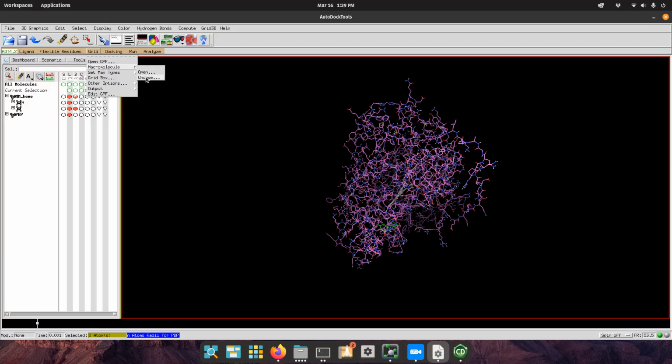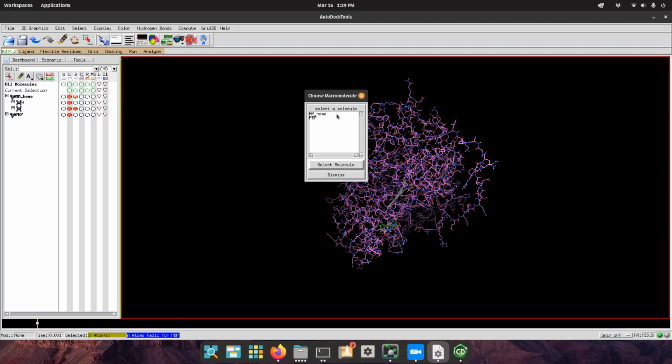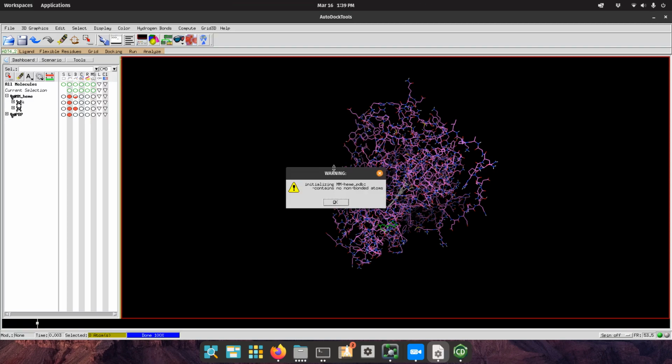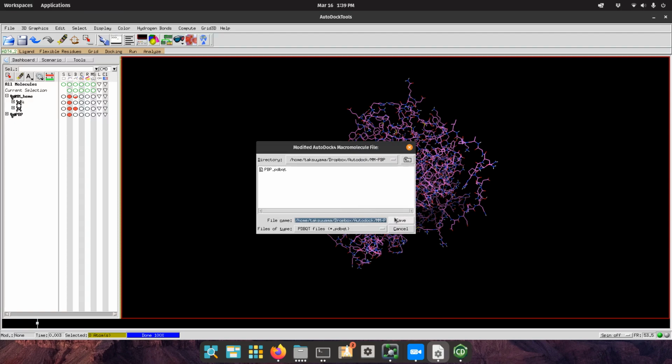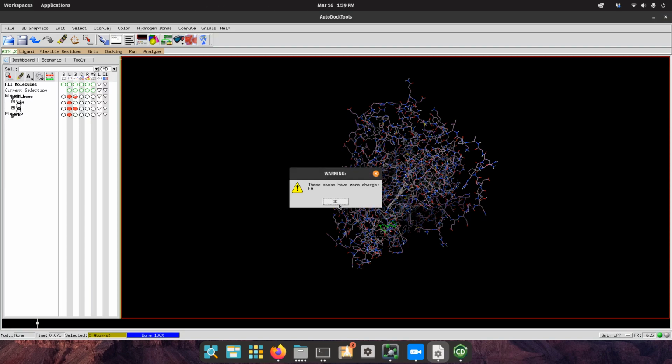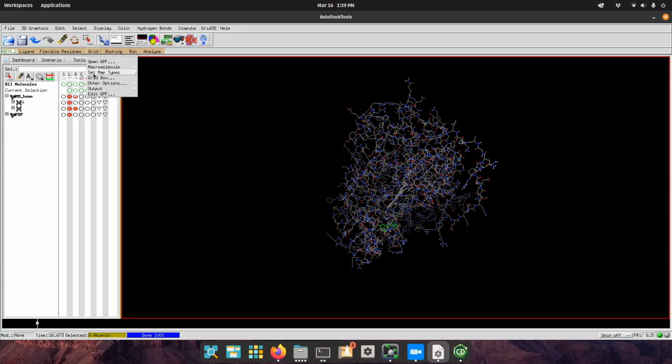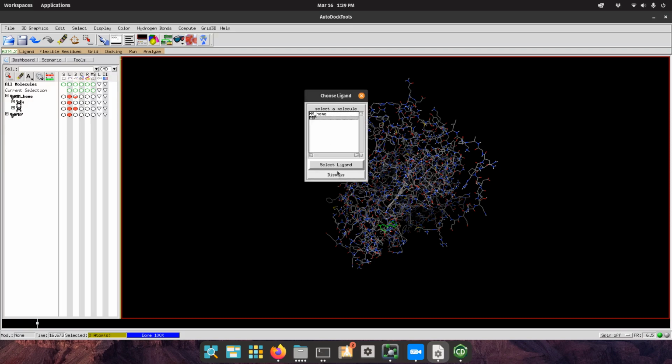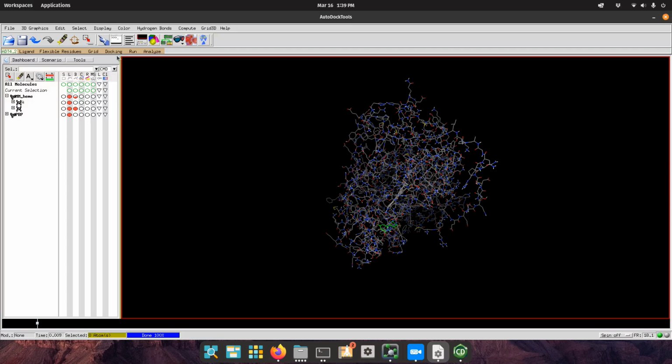To do so, you need to go to macromolecule to choose the macromolecule. This is the protein that we're docking to. And often it'll ask you to save this protein file, if there's no error found, as a PDBQT file. That was technically an error, but I think that's going to probably be okay. And then set map type, you want to go to choose ligand, and the PBP is the ligand of choice, so I set that. And the next thing, you want to go to grid box,